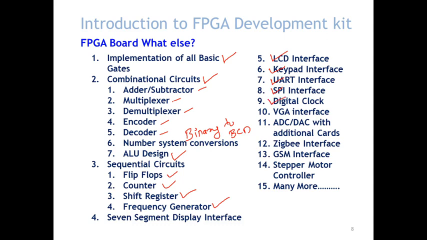As well, we can implement a digital clock, because we have a 7-segment display available, and this digital clock output we can display on the LCD display also. So a digital clock also can be implemented. A VGA interface is also available, so we can implement some VGA interface examples on the FPGA, like a ping pong game, or displaying various color structures. The basic concept behind interfacing VGA is how to drive displays using the FPGA, so that also we can cover under this VGA interface.